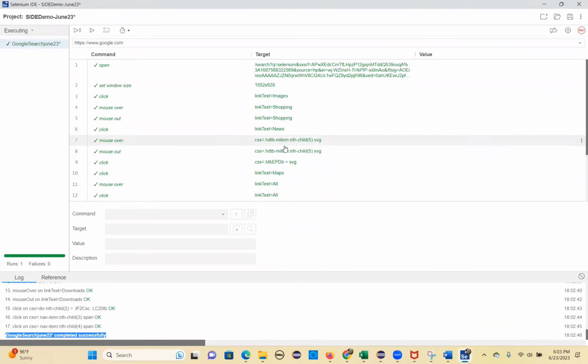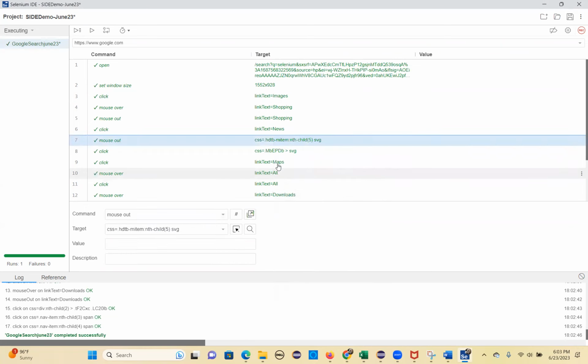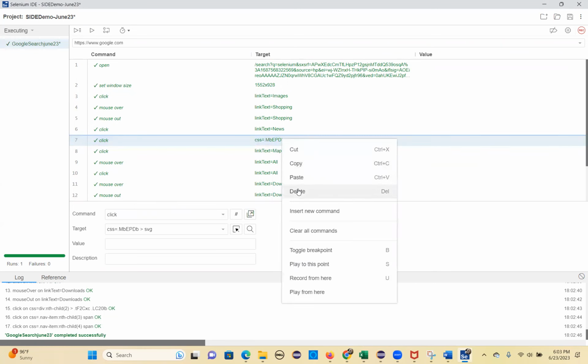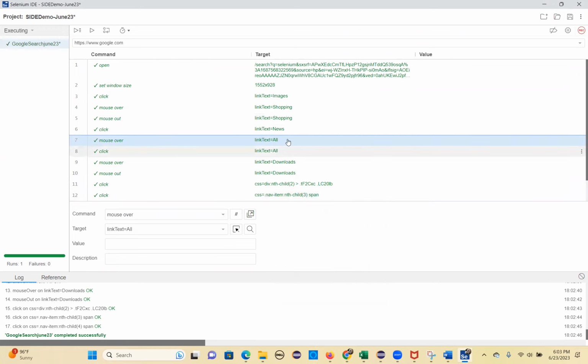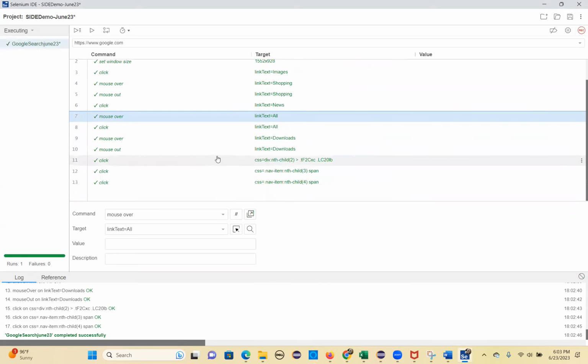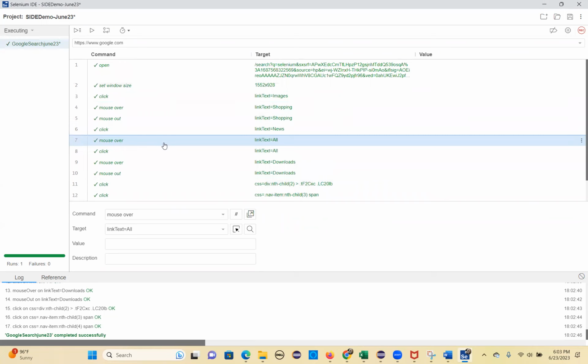Right? News, I think this one. This is the map. So these two I'm going to clear. Okay. So I'll delete them so that we don't need to do manually. We don't need to interrupt. So I don't want to click on maps. Okay. Yeah. That's fine. So this is all the steps. Tick mark also. Even tick mark also you are getting. That's the advantage with